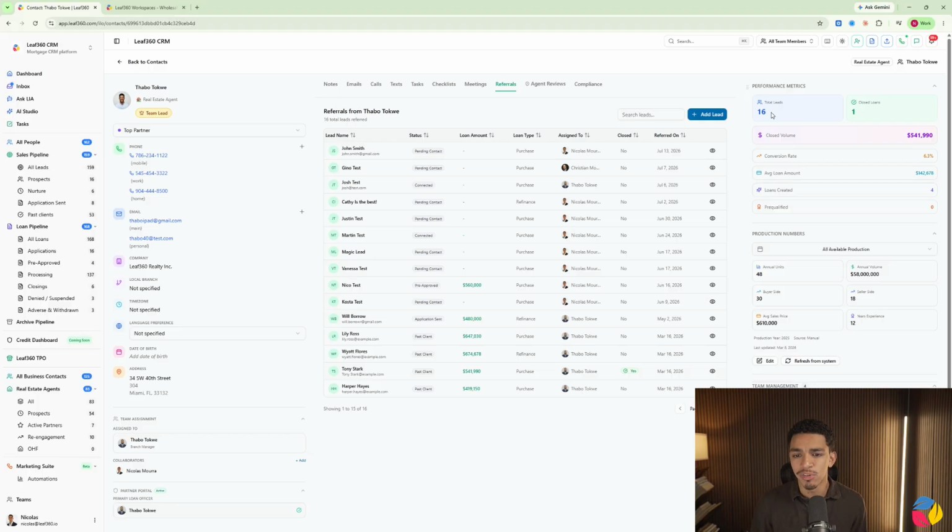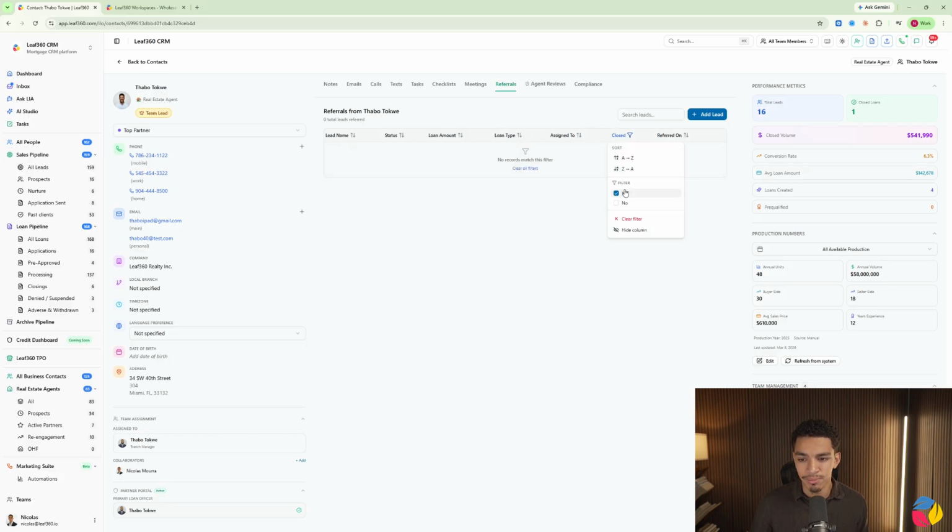Now, the performance metrics take a look at quite a few things, mostly obviously loan data, and then obviously the amount of referrals that you have from the agent. So you can see here we have 16 total leads, but we only have one actual closed loan. And just at a quick glance, if I look at this close tab right here, I can see I just have over here,